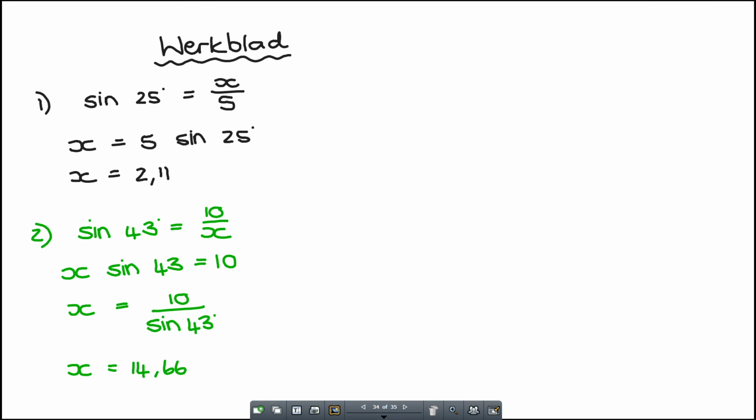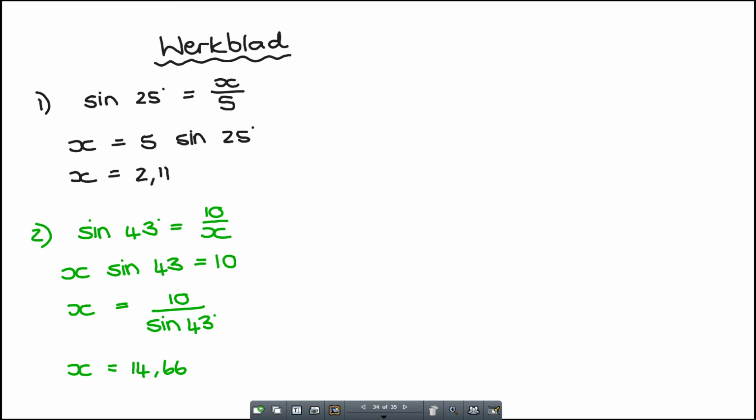So by number 1, I haven't drawn the pictures for you again. So you guys must tell me when you struggled with a specific one and then I can quickly draw that one to explain. So by number 1 I said sin 25, because the opposite is x and the hypotenuse is